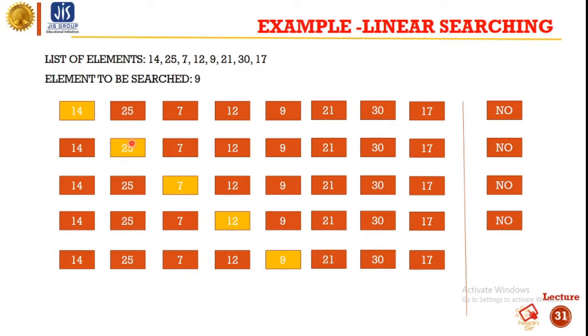Next we will search the fifth element, and we will check whether the element in the fifth position is equal to the searching element or not. We can see that here it is yes. So we can conclude that the element is found. Basically, the logic is we will move from the first position to the last position and check until we get the searching element. This is how we can find an element using linear searching.